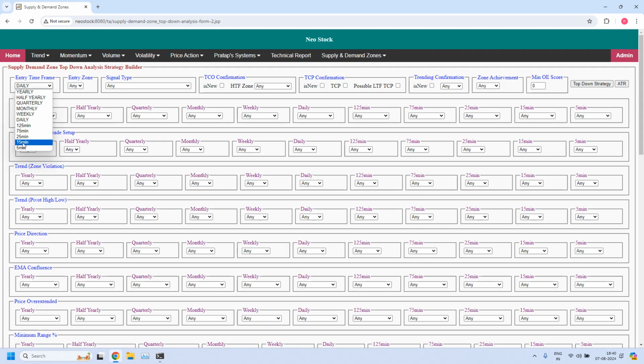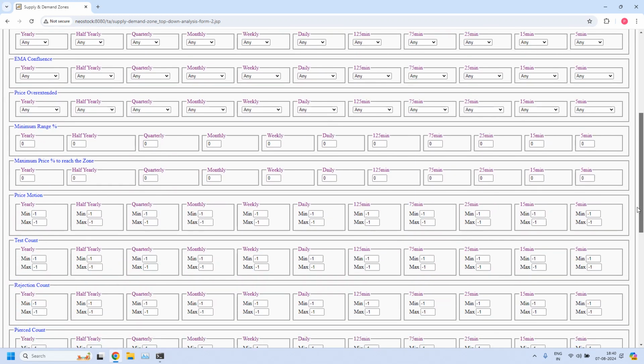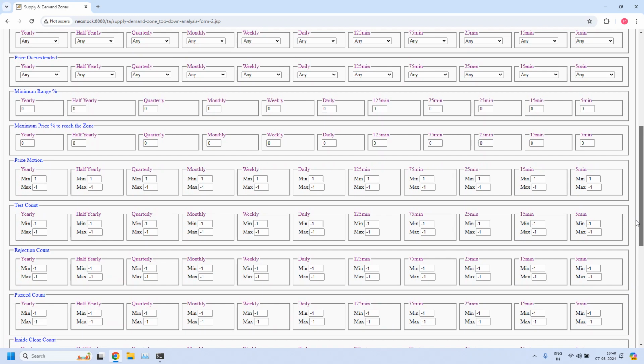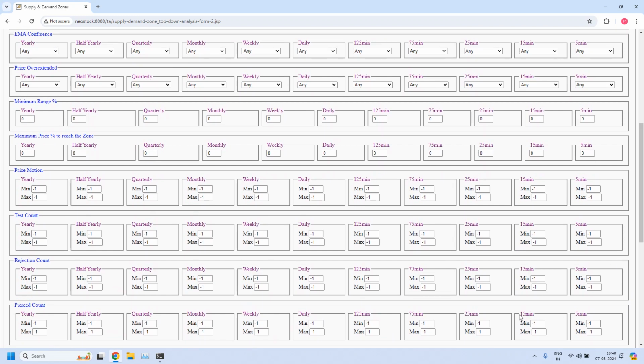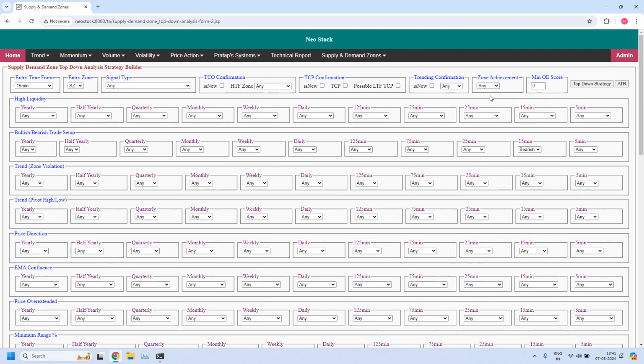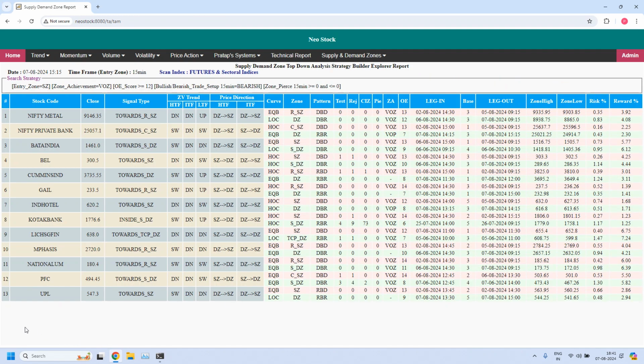For daily income trade, the entry time frame is 15 minutes. For the bearish trade setup the entry zone should be supply zone, and in the bullish or bearish trade setup parameter in the 15 minutes time frame I am selecting the value bearish. Let me add three filters. First, pierced count should be 0 for 15 minutes supply zones. In the 15 minutes time frame, minimum value I am adding 0, maximum value 0, and then for zone achievement I am adding violated opposing zone. Minimum odd enhancer score should be 12, and all three filters are applied to the 15 minutes supply zone. Now let me generate the report. 13 stocks are filtered,